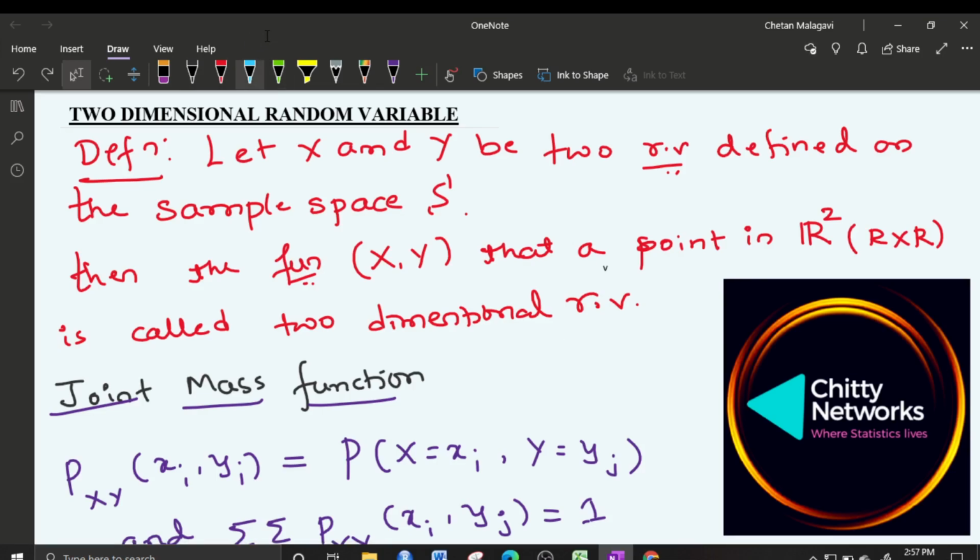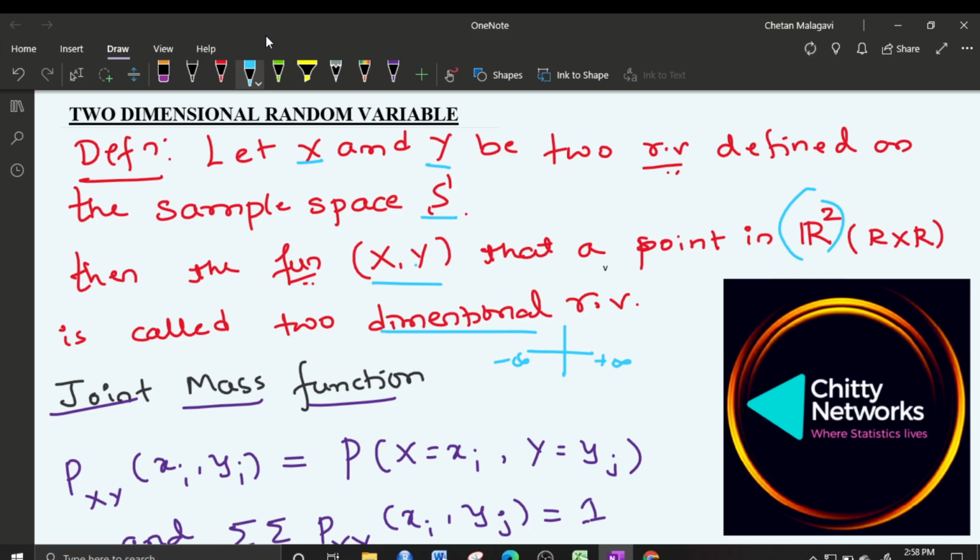Today let us discuss two-dimensional random variable. Let X and Y be two random variables defined on the sample space S, and if a function (X, Y) assigns a point in R square, then that is called a two-dimensional random variable. So this (X, Y) should assign a point in R square. R square is nothing but the real space,